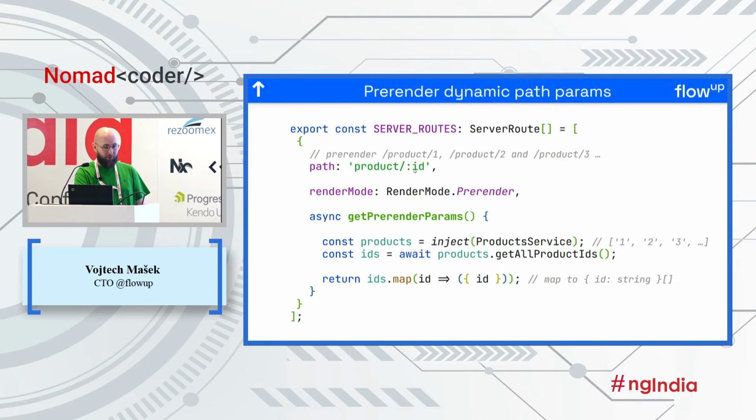We can provide this function, and this function basically uses the product service from my Angular app, like any other front-end component would use it, gets all the product IDs, returns them as a list. We map that list to an object array that looks like this, ID string, return it, and pre-rendering automatically picks